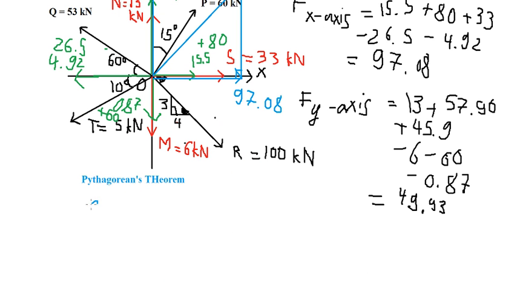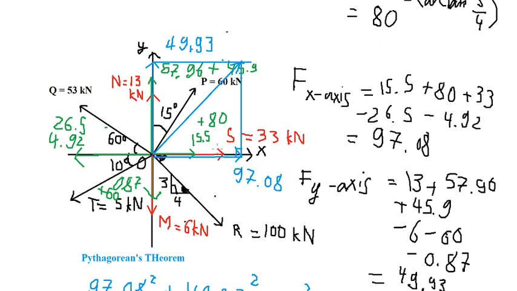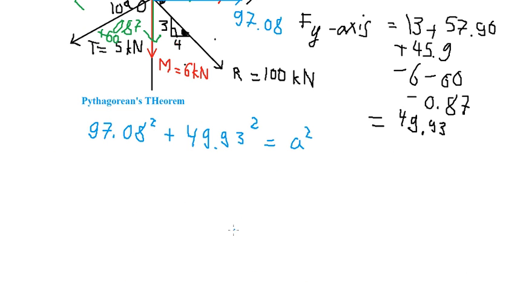So that should be about 97.08 to the power of 2 plus 49.93 to the power of 2 equal to R squared. R, that is about this one. So we got 11,917.53,